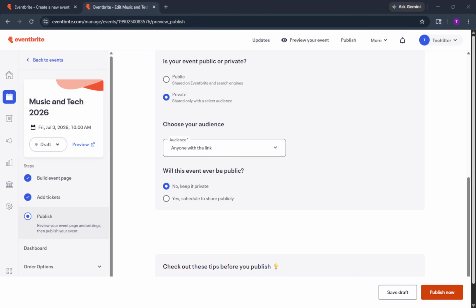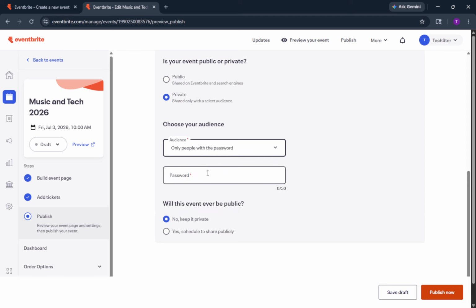After enabling invite-only access, it's time to send invitations. Go to Invite and Promote or open Manage Attendees and select Email Invitations. Add the email addresses of your guests, write a clear message that includes your event link and, if needed, brief password instructions. When everything looks right, send the invite.